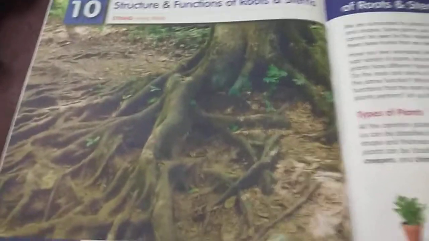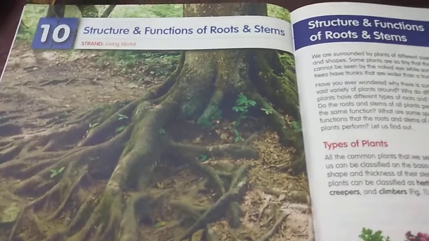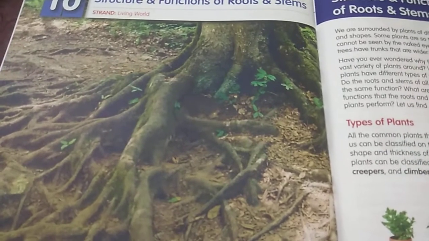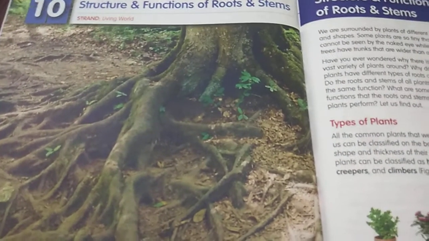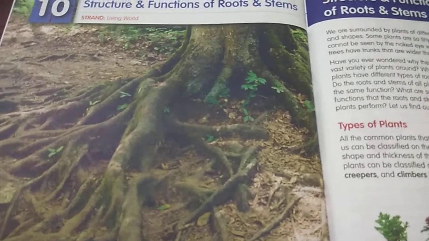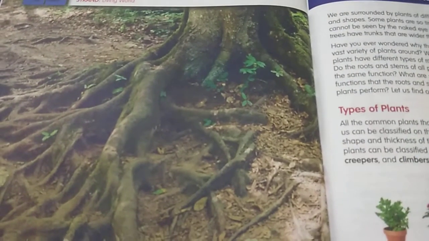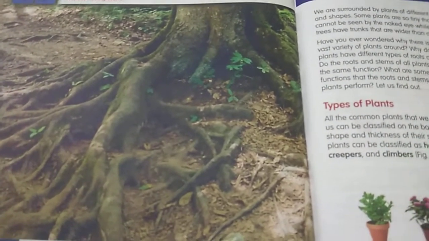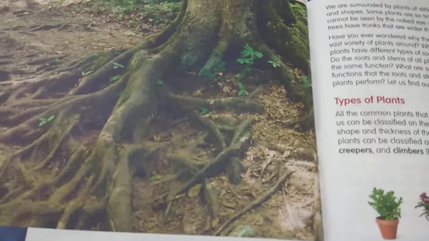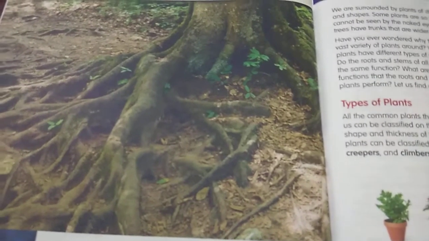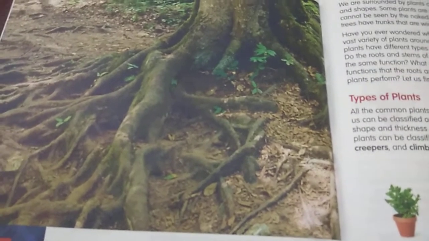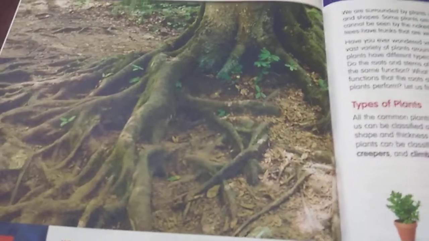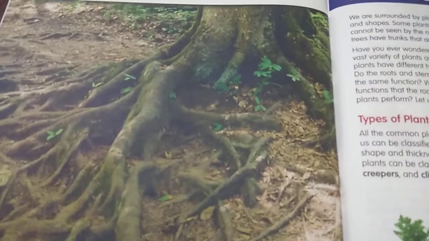So surrounding your house you could have seen many plants, right? Plants in the sense starting from a small plant which you can pluck with your own hand. With your small hands you can pick it up. Even the stem you can pick. Such tender small plants you could have seen. And you could have seen a huge big tree which even a big elephant cannot move. Such strong trees also are there in this world.